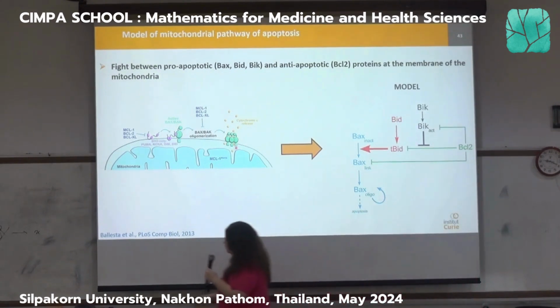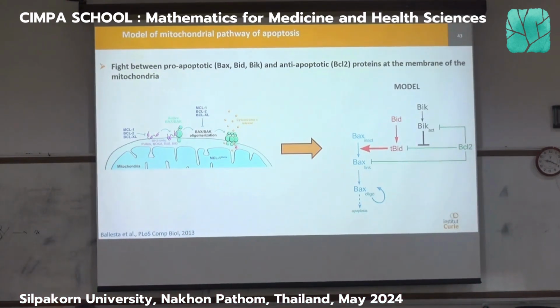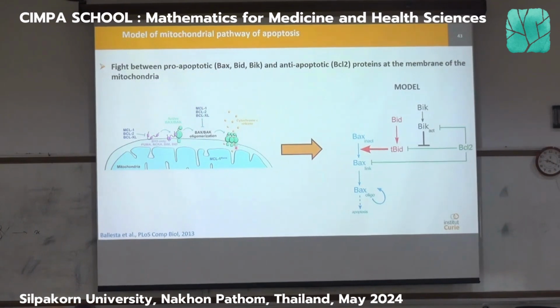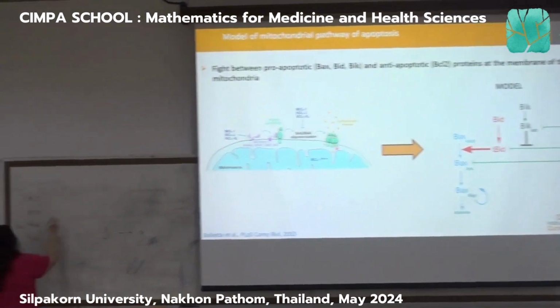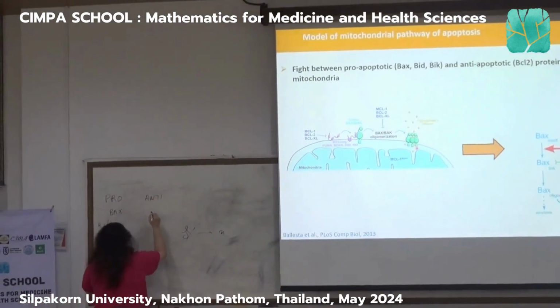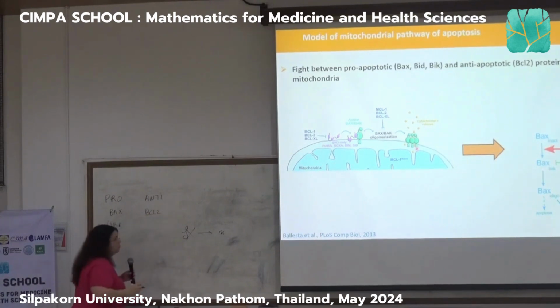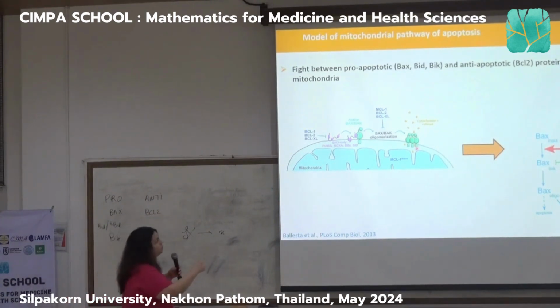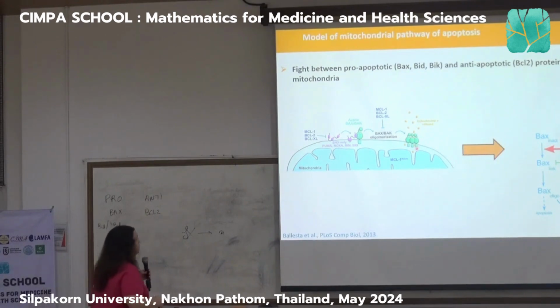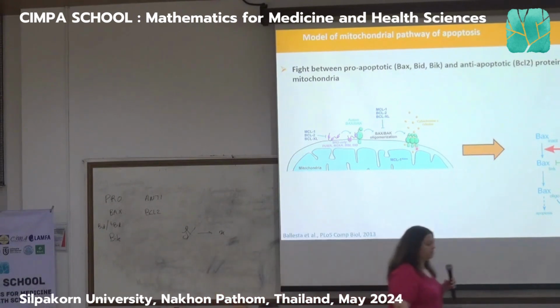So just to remember to have the information here, I will write this. So remember that you have pro-apoptotic, so Bax, or Bid and Bak, and anti, that is BCL2. So in the model, we stand for different proteins which are written in blue here. BCL1, BCL2, and BCL8. But we don't go in that much detail. Okay, so now let's look at the mathematical model.